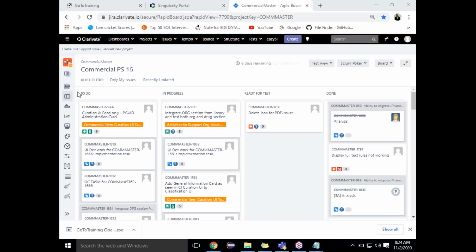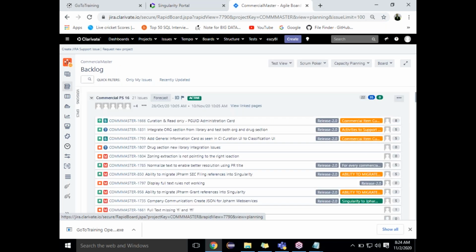We have To Do, In Progress, Ready to Test, and something called Done. So there are multiple phases. You can see there are Jira active sprints and Jira backlogs. In the backlogs, I'll have what are called stories, guys. What is meant by stories is that there are requirements. They'll be sharing the requirements with you. If I open a story like this,